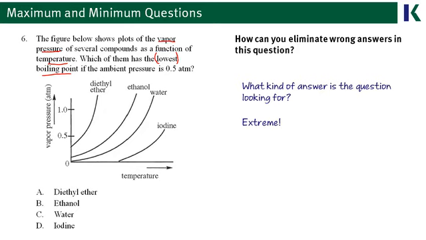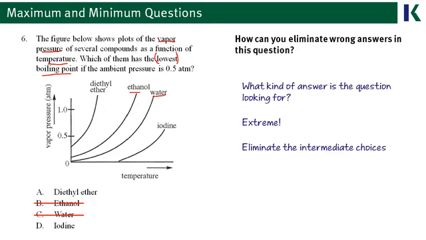What this means for you on test day is there's immediately two answer choices you can get rid of. The intermediate choices. We're either looking for the lowest temperature at some vapor pressure or the highest temperature at some vapor pressure if there is an inverse relationship going on, but we definitely know that it's not going to be anything in the middle. We see ethanol and water are right in the middle of this chart, and so ethanol and water can be eliminated from our answers.